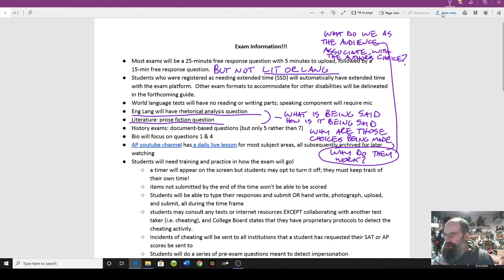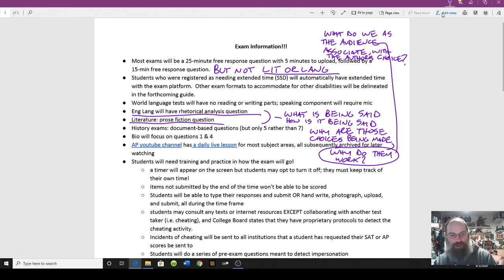Because it pushes a certain button in the reader. Why does it work? Because of what we associate with that language. The writer is trying to suggest a feeling and then put words to it.